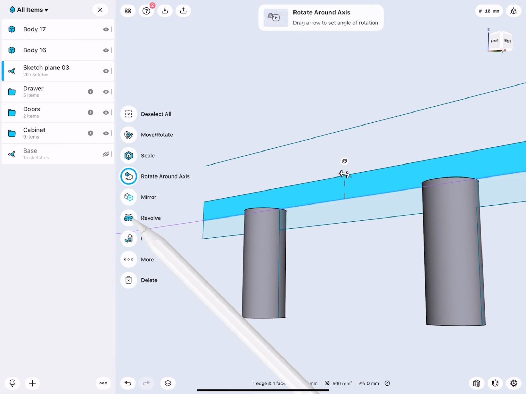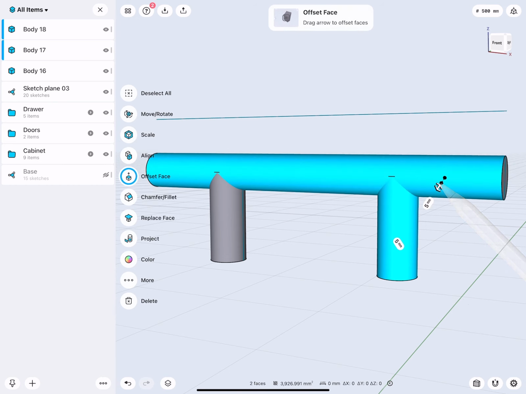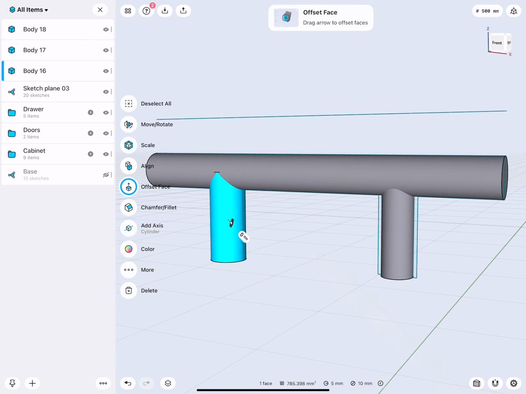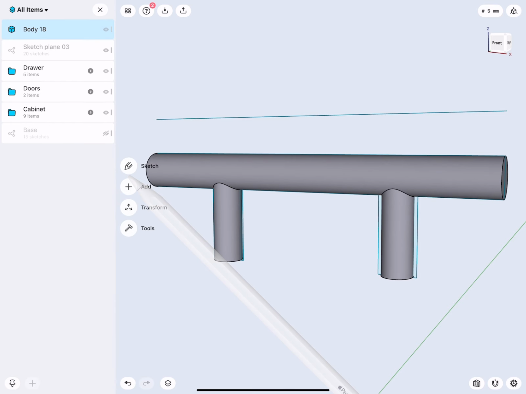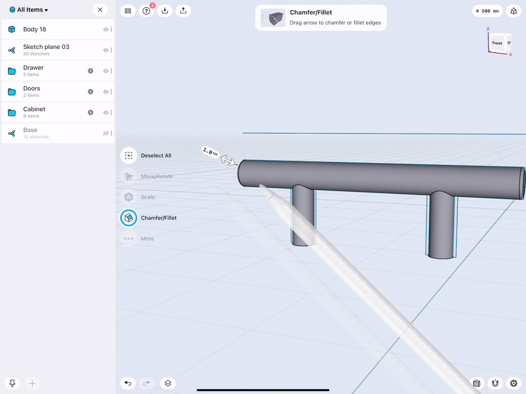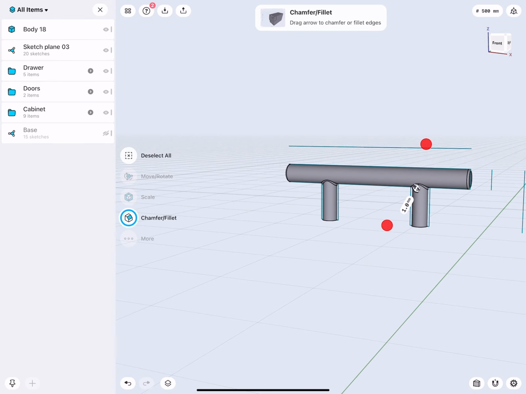Profile axis, revolve. No, these two have exactly the same diameter, and that's not necessarily ideal. So those I will set to 4. Very good. Then I can double tap, and join them. The ends we will round by 1 millimeter. Also here, 1 millimeter. Very nice.